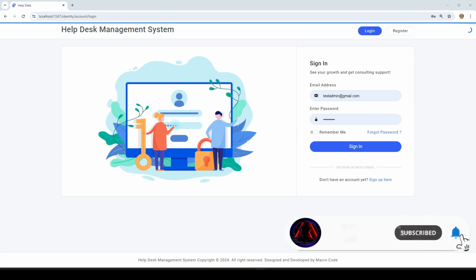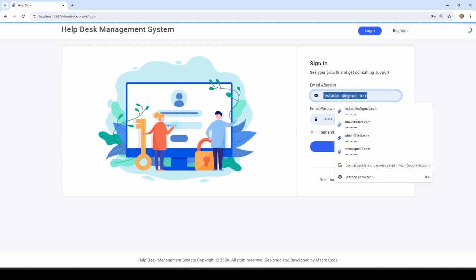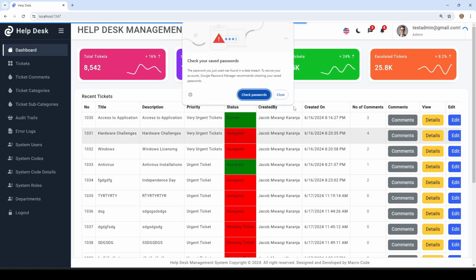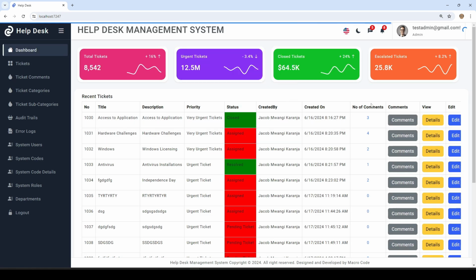So today we are going to proceed with our help desk management system. As you can see, this is our login screen. I'm going to provide my username and password, then login. As you can see here, for those who are following these videos, this is where we